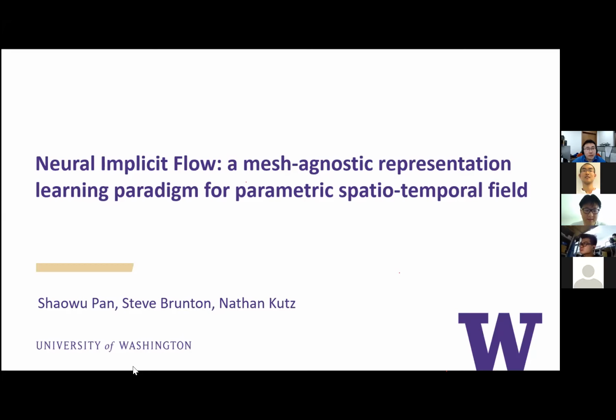of Michigan. He got his PhD in 2020. After that, he went to the University of Washington to pursue his postdoc work with Nathan Katz. And his research interest is focused on the interaction among deep learning, operator theory, and fluid dynamics for reduced order modeling and control of complex nonlinear dynamic systems.